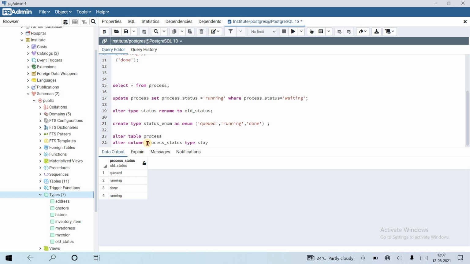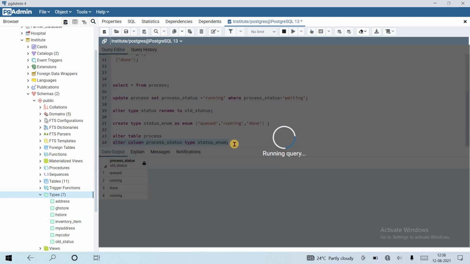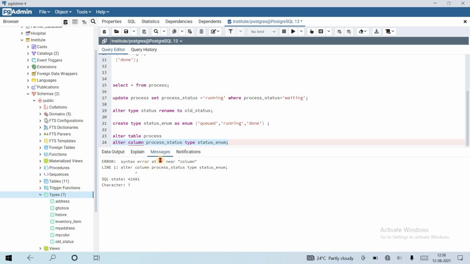It is also not going to work. Suppose I have changed the type to status in. Let's see what is happening. It gives us an error: syntax error near alter column process status type. This error occurs because we are changing the data type to an enum data type.